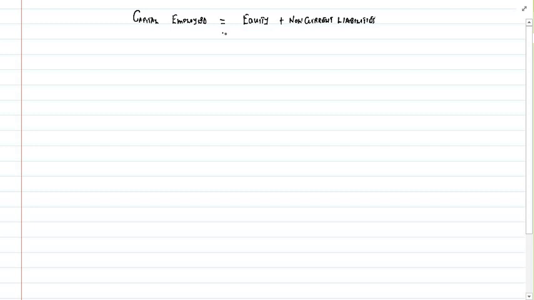It is also calculated by the missing figures from our statement of financial position. Remember, the statement of financial position is made up of non-current assets, current assets, and current liabilities, right? So here we've just taken the part of equity and non-current liabilities, meaning the other elements make up capital employed as well. So I would say that's total assets